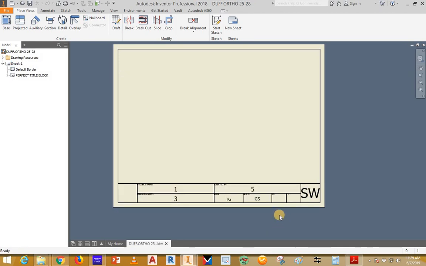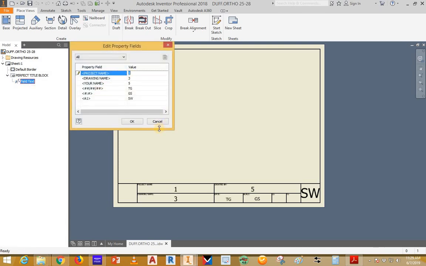Hit save, and then when it comes up, you notice that my entries aren't correct, so I got to go to perfect title block. You can do this really one of two ways. For the first time, I think we'll just go to edit field text. We'll go to project name, and we'll name this Ortho Projections. And then we'll go to drawing name, which is Ortho 25. Put in my name, Mr. Duff. Put in the date,